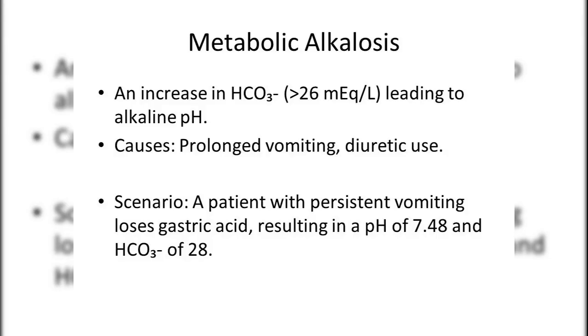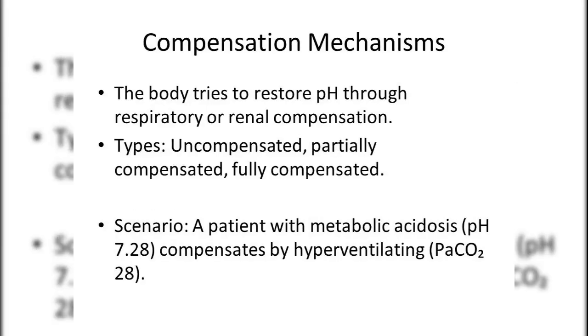This can be caused by prolonged vomiting or diuretic use. A patient with persistent vomiting might have a pH of 7.48 and HCO₃ of 28 due to loss of gastric acid. The body tries to restore pH through respiratory or renal compensation. There are three types: uncompensated, partially compensated, and fully compensated. For instance, a patient with metabolic acidosis and a pH of 7.28 may compensate by hyperventilating, resulting in a HCO₂